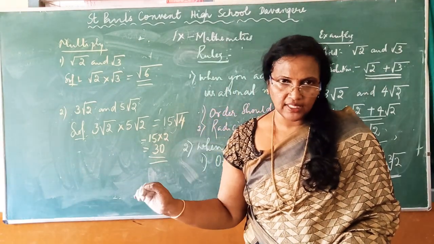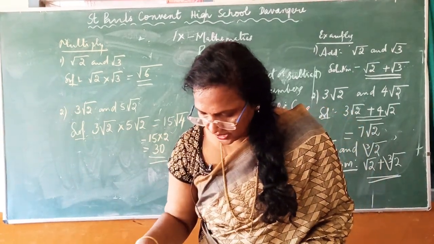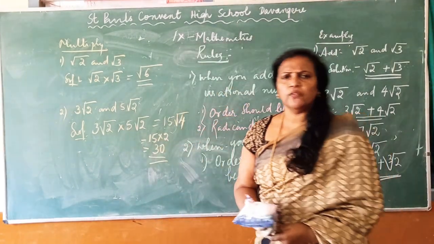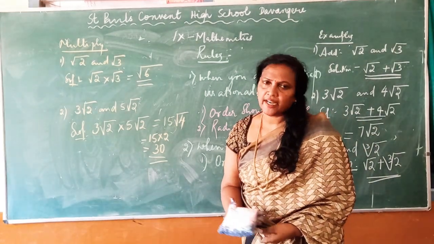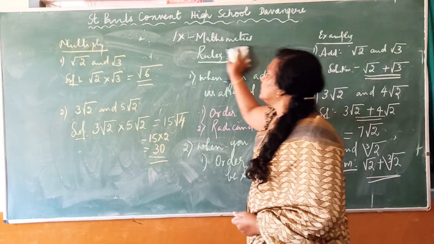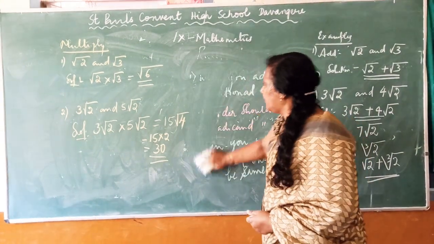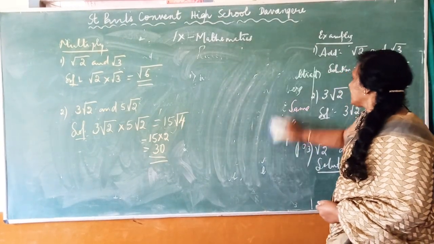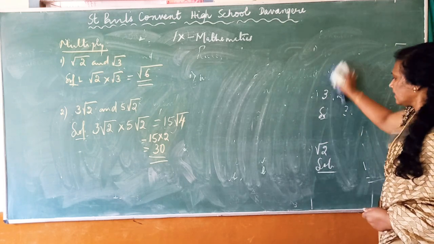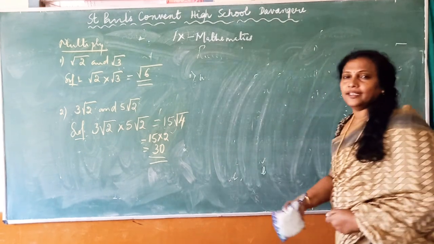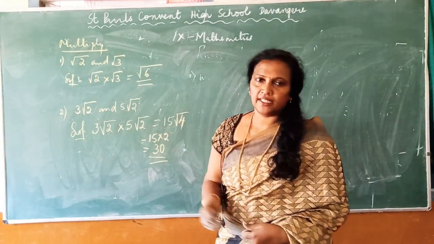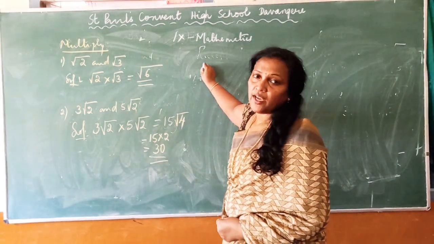And just write down once. What's the first identity he has given? Root AB is equal to root A into root B. Later I will show you with the examples also. First let us write down the identities. How many identities he has given is 6. Hope you got this now, how to add and multiply. I'll just write the identities first. In the next class, I'll solve the problems on the identities of square roots.